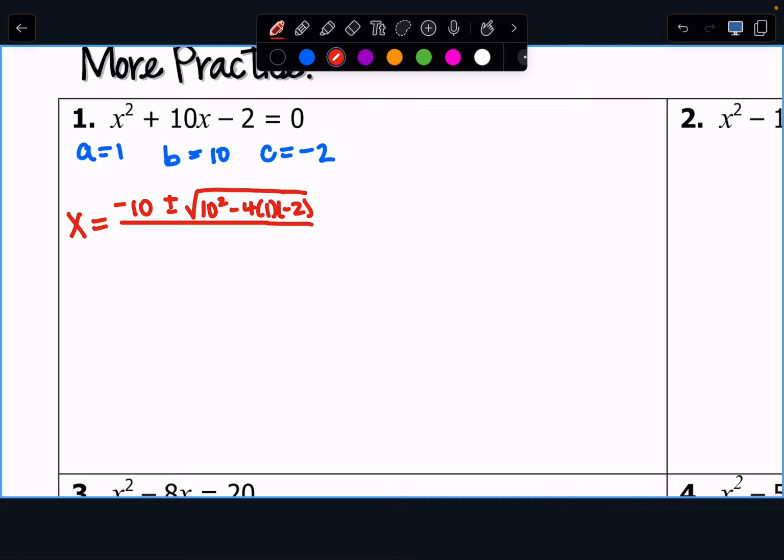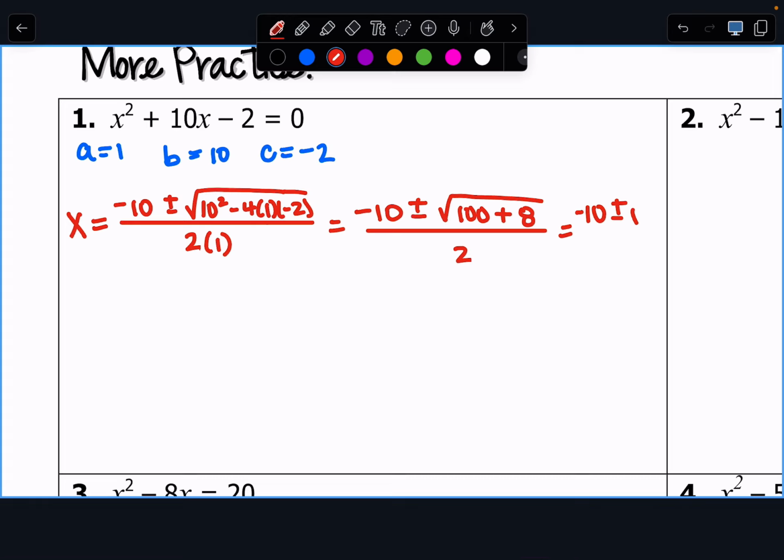Okay, do you have what I have? Which would then turn to negative 10 plus or minus the square root. This becomes 100 plus 8. Do you agree with that? Okay, that minus 4 times 1 times negative 2 becomes plus 8. So now we've got to take negative 10 plus or minus the square root of 108 over 2 and